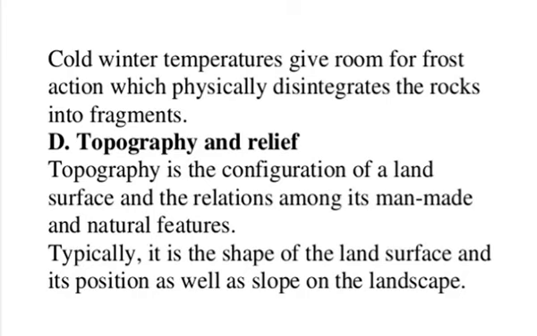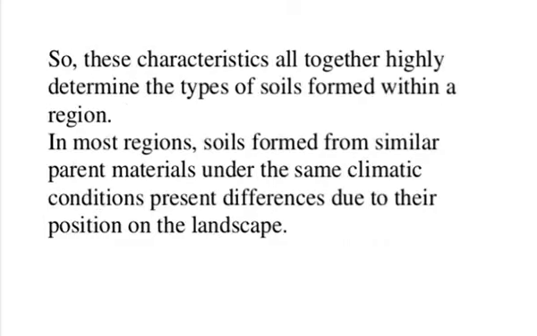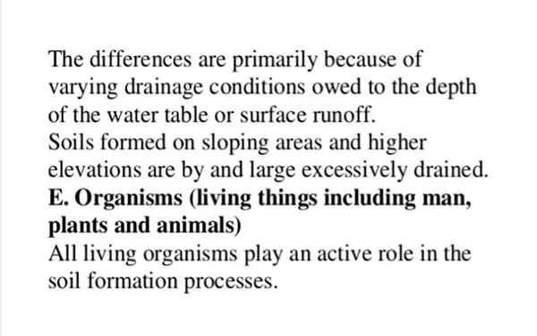So the characteristics altogether highly determine the types of soil found within a region or landscape. The differences are primarily because of varying drainage conditions. The next factor is organisms and vegetation. The soil and the organisms living on it and in it comprise an ecosystem